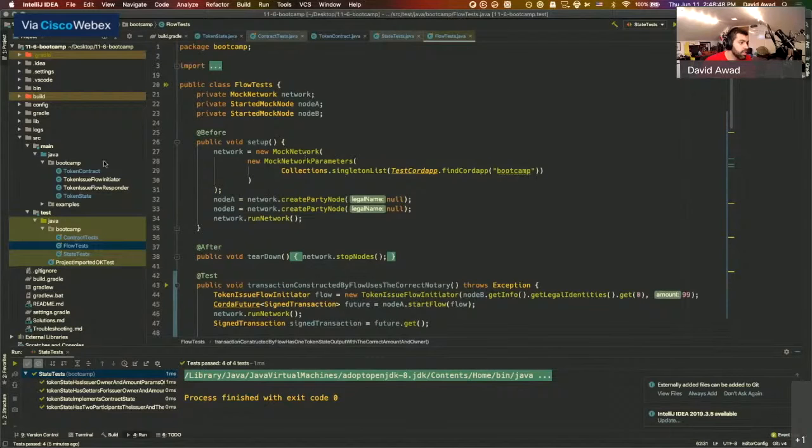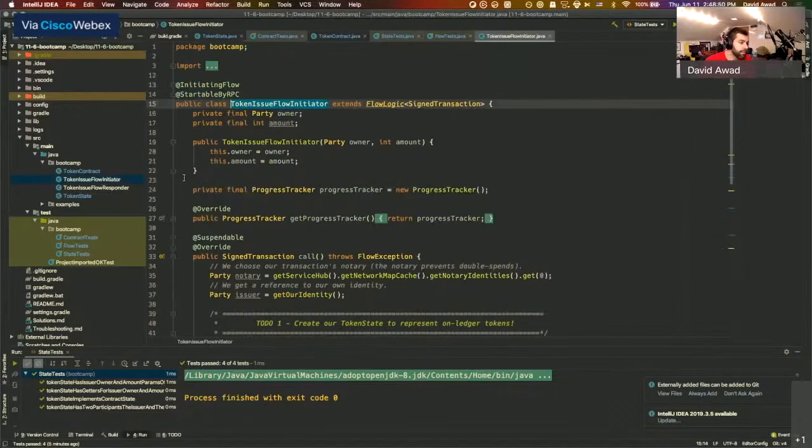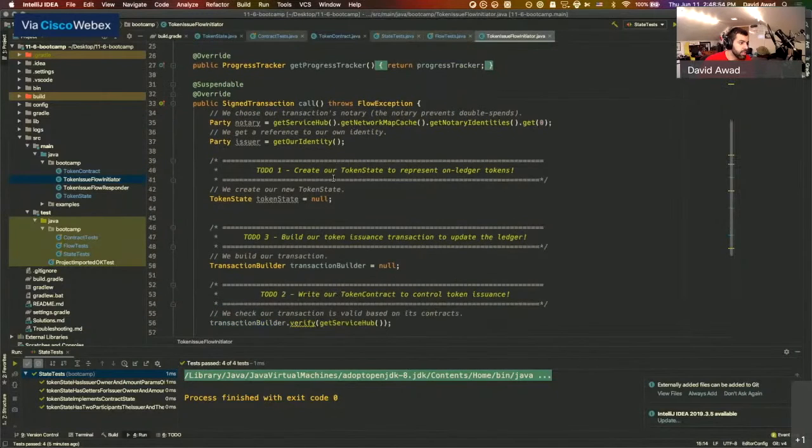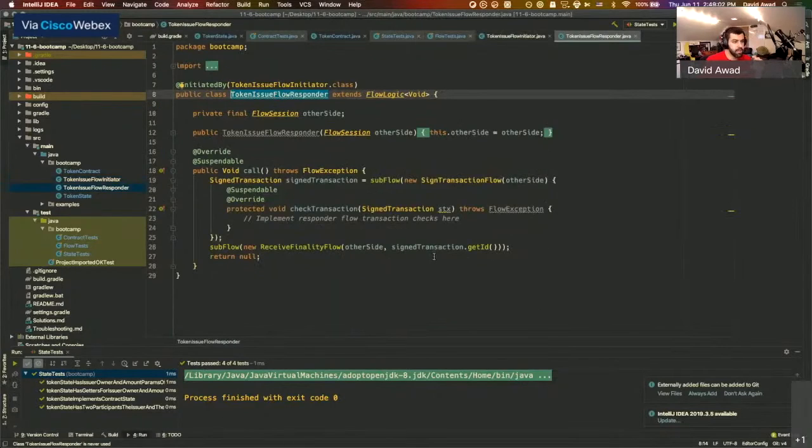So let's go back and open the token flow initiator. And before we start writing this, I want to do a little bit of lip service to the token issue flow responder as well. We're not going to implement this ourselves. Most of the time, you can use Corda subflows to accomplish the job of responding in most use cases. So just to outline the framework here,